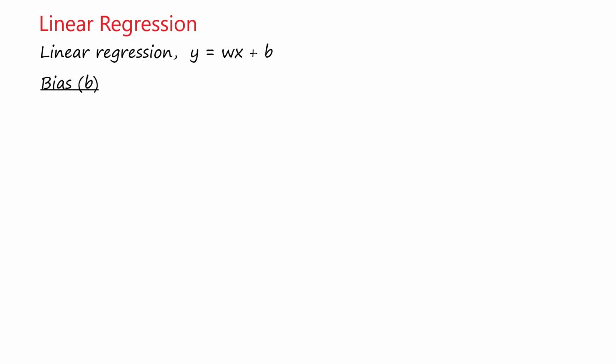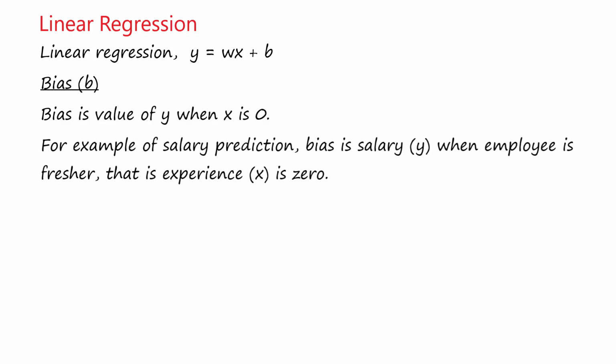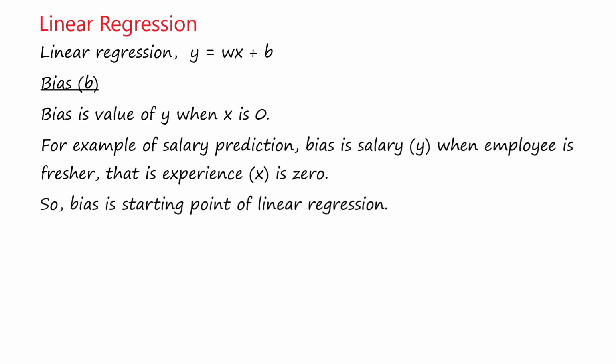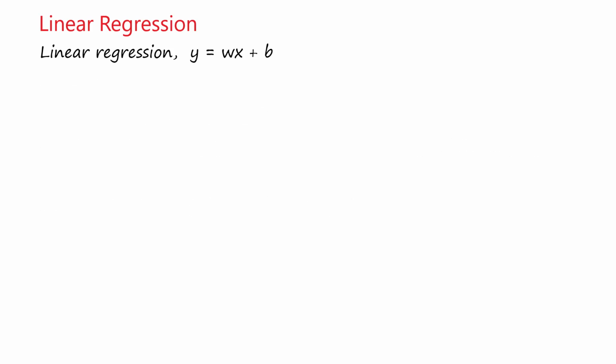Now bias B. Bias gives the model a head start. Think of salary predictions. Zero experience doesn't mean zero salary, right? That is bias at work. Positive bias gives Y a boost, like an unfair head start in a race. Negative bias pulls Y down. Bias is the sneaky behind-the-scenes force that shifts Y's starting point. So now you know linear regression isn't just some boring math. It is a way of playing detective with numbers.